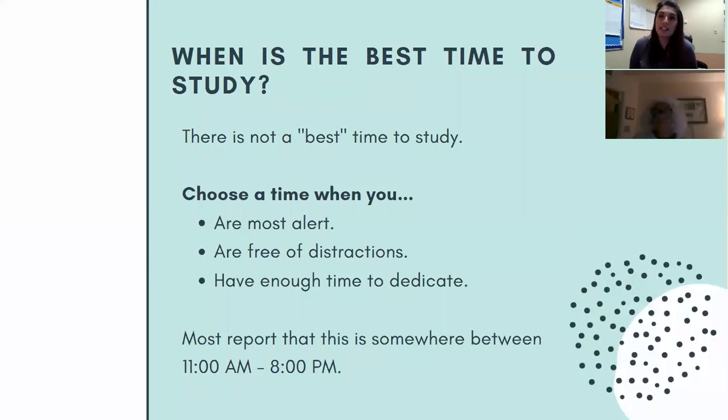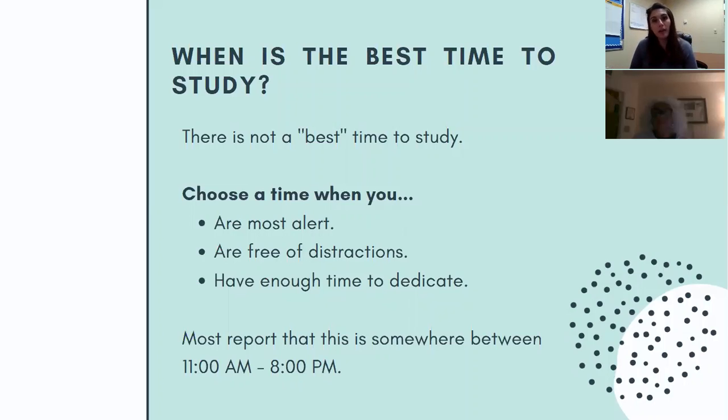I'm often asked by students, when is the best time of day to study? And honestly, this answer is not so simple. To be honest, there's not really a best time to study for everyone. It's going to be very different depending on that student's personal circumstances, whether they work, whether they have personal obligations or a family, or if they have a lot of classes and have to go to school. There are so many different circumstances that one needs to consider to find the best time for them.